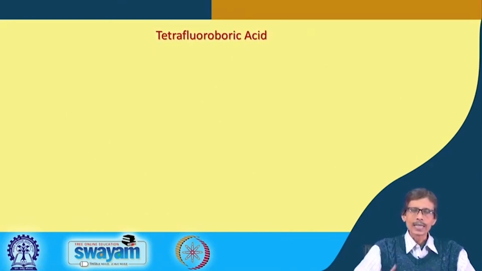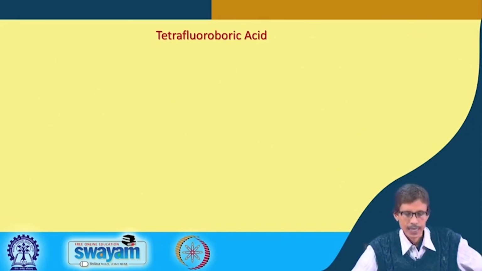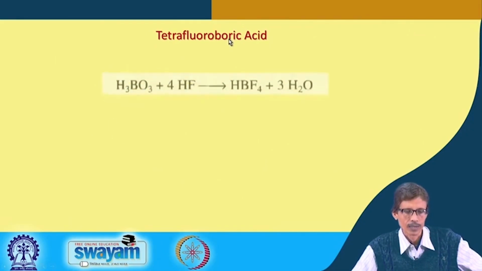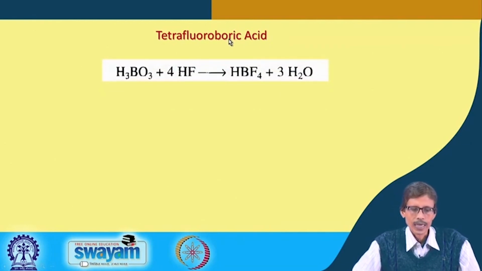Then from that, another boron-based compound which is also useful is boron trifluoride, a Lewis acid. We all know it has 3 fluorine centers on the boron. If you attach another fluoride ion to this particular center, it makes a BF4 minus ion. So, tetrafluoroboric acid can also be prepared directly from boric acid with a different stoichiometric reaction